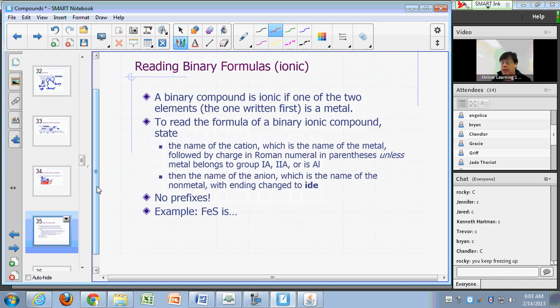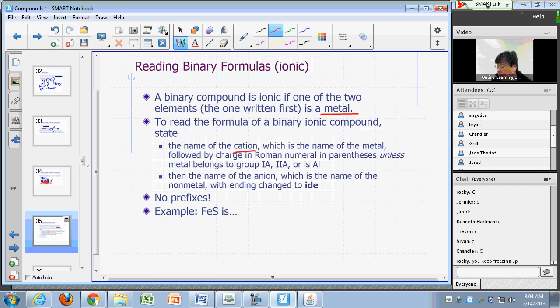How do you read the name of a binary compound if it's ionic? Then all you really have to do is, first of all, you can easily recognize that a binary compound is ionic if the first element written is that of a metal. Okay? So all you have to do is name the cation, which would just be the name of the metal if it's a main group metal, or if it's